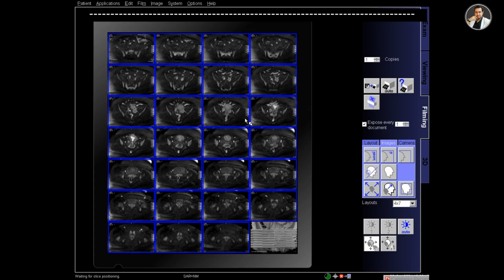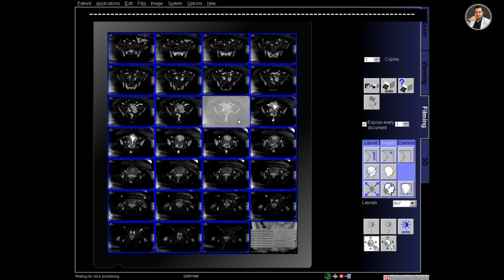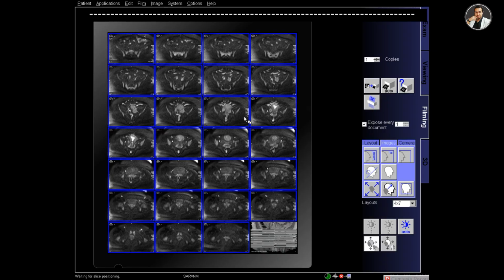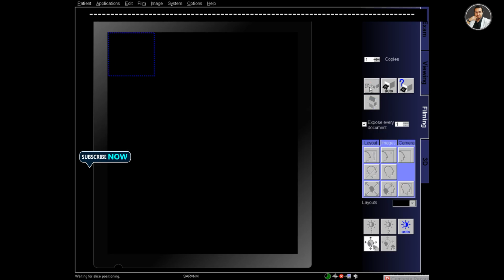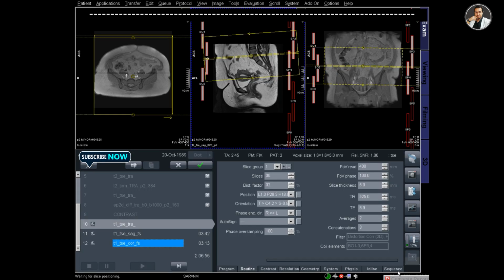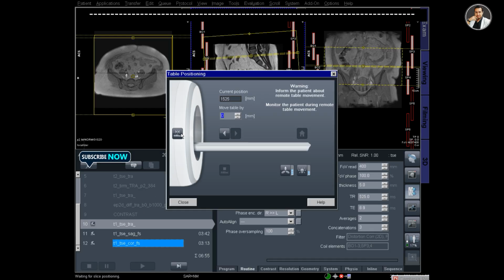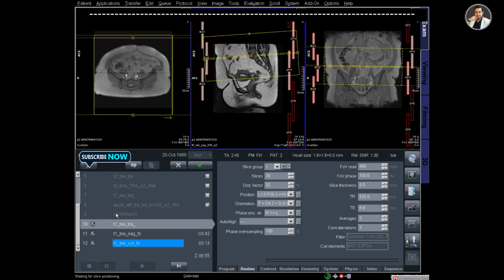I don't know why I am not satisfied quickly with the contrast, and I printed it out. And now all the normal sequences have been done, and now it's time to give contrast. So I will move out the patient to give contrast to him, sorry, to her, because this is a female patient.